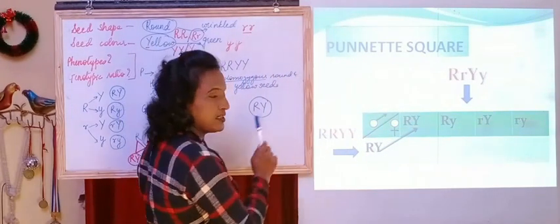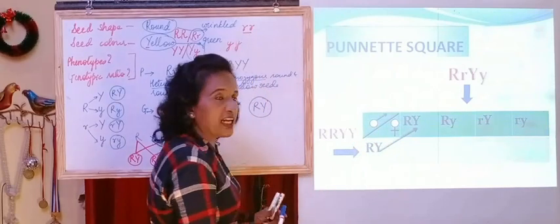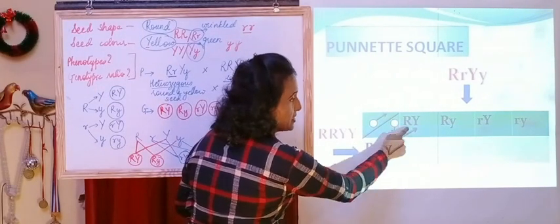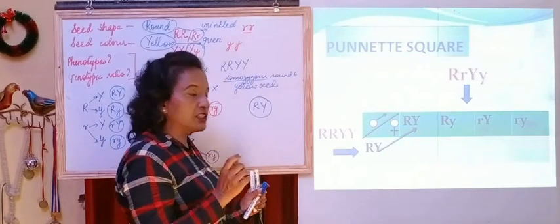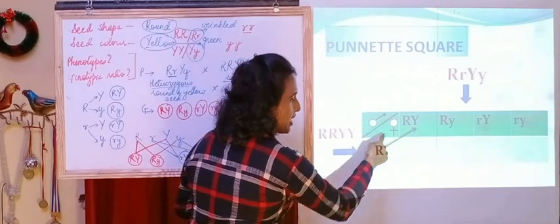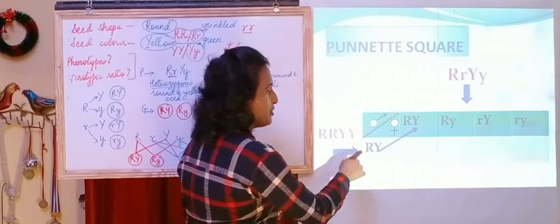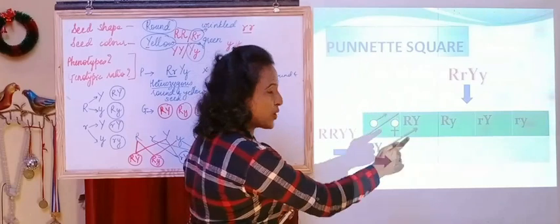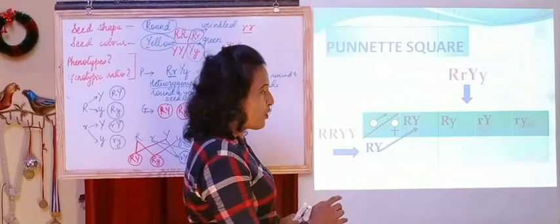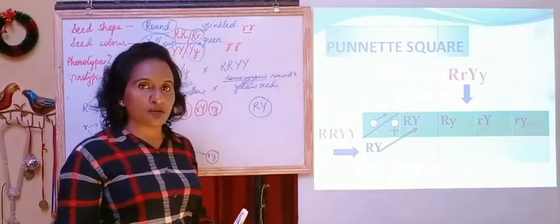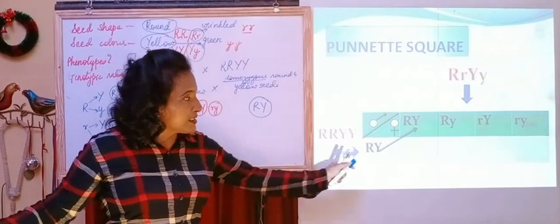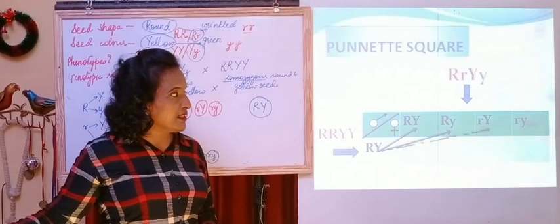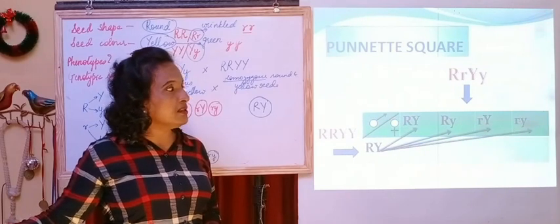Heterozygous and homozygous. How will we write down? We have to write it in such a way that similar alphabets are taken together. So it will be capital R capital R, capital Y capital Y. We won't write R Y R Y. We will write R R Y Y, so this way we have to follow, otherwise it will create confusion. So the same gamete will fuse with the second gamete, then the third gamete, and then the fourth gamete.